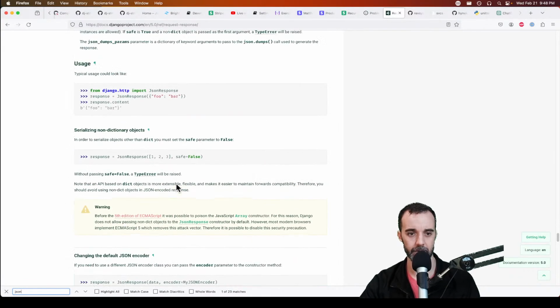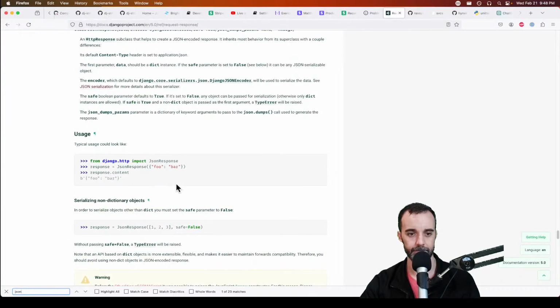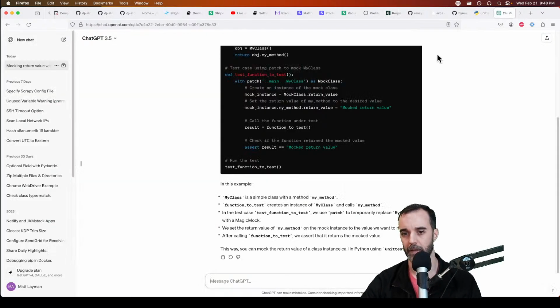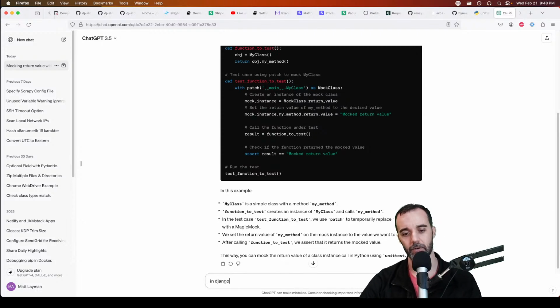Man, there is not. All right. I mean, so there's the content. Let's try it again. In Django, how do we get the JSON data back into a dictionary from